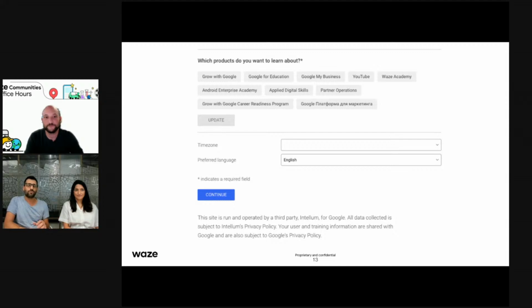But then, and it's very nice, here you can select your preferred language. So if you select Spanish Latam, for example, and we have a course that is already localized to Spanish Latam, then you'll automatically get that course in that preferred language. So no need to change languages in the middle. If you want to go back to English or to another language, you can go back to your profile settings and choose your preferred language here. Then you click continue, you accept the terms of service, and that's about it. Let me go back to the platform.